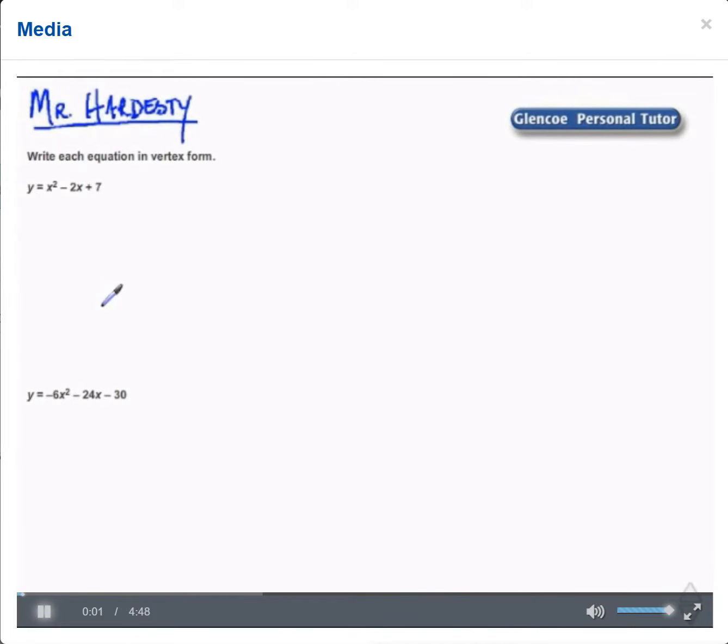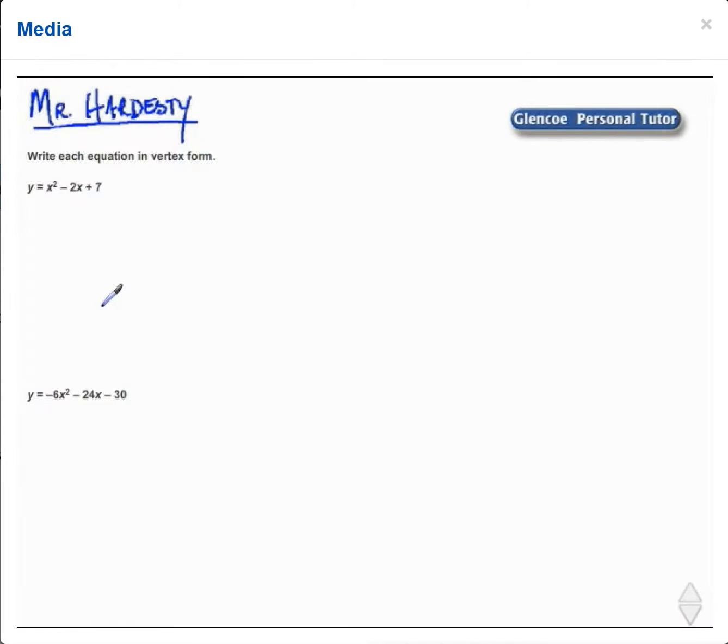This is Mr. Hardesty. In our next example, we'll write functions in vertex form. Write each equation in vertex form. y equals x squared minus 2x plus 7. Vertex form, we know, is y equals the quantity x minus h squared plus k, where the ordered pair (h, k)